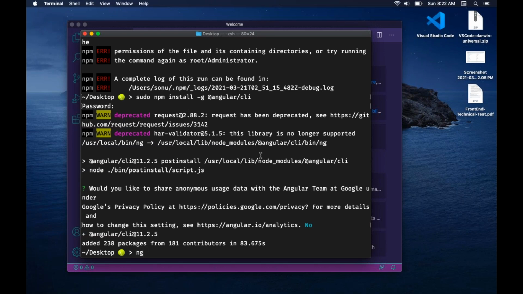So let me check it right now. It is saying added 238 packages from 181 different sources, core contributors, fine. So now let me check whether Angular CLI is perfectly installed or not. Imagine